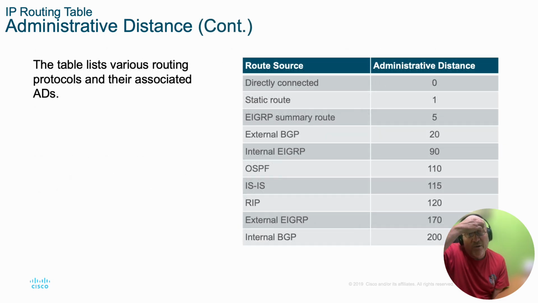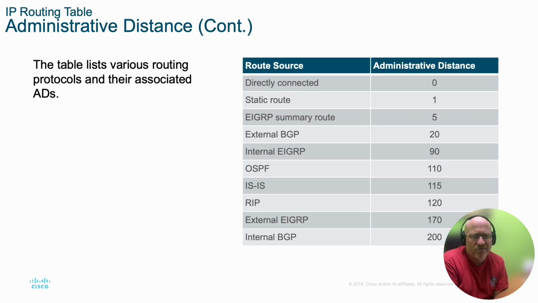So obviously the higher the administrative distance, the lower the trust of the protocol is. So directly connected, we will trust it. A static route, we will trust it, even though there's no cost and it could be flaky. And then obviously EIGRP summarized routes are more trusted than an internal EIGRP summary route. And then you'll learn about the different sort of protocols and how they trust accordingly. Ideally, you shouldn't be using RIP. It is